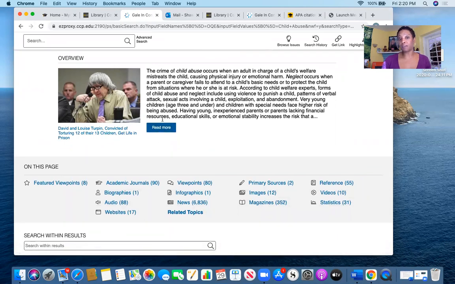It gives you everything. It gives you background information. It gives you all of these sources, academic journals. It gives you magazines. It gives you news articles. So it's a smarter way to work. I'm going to click on academic journals first, and just point out some things for you.